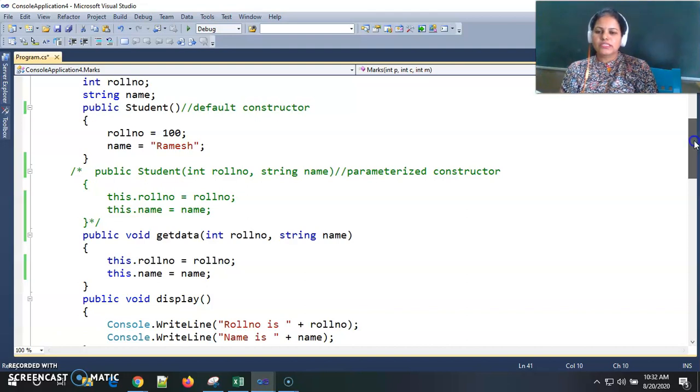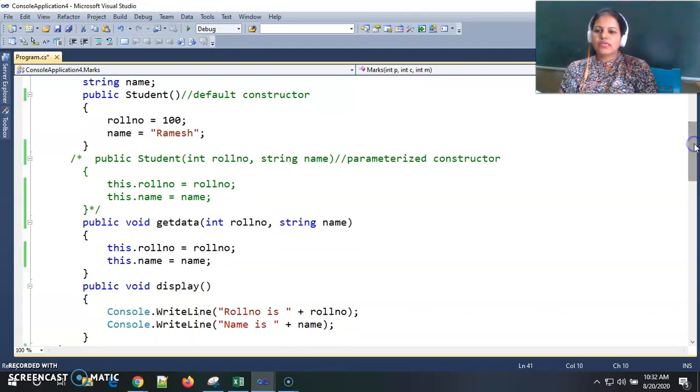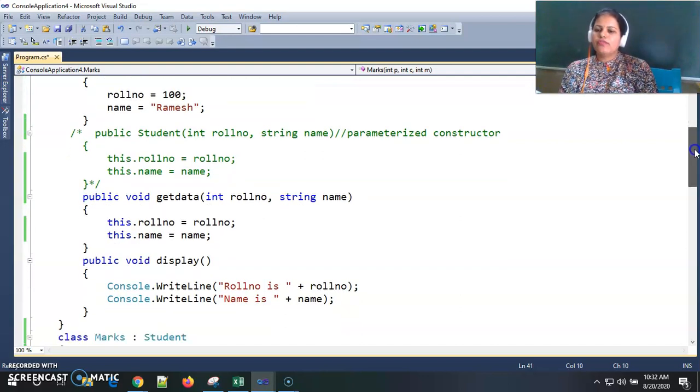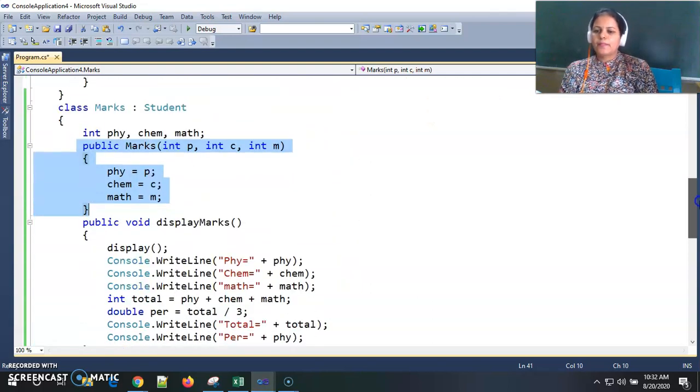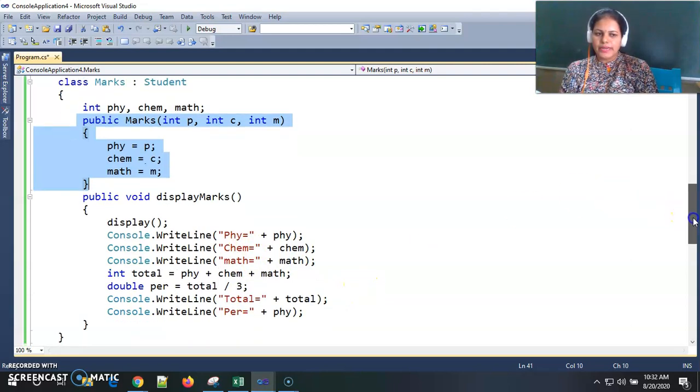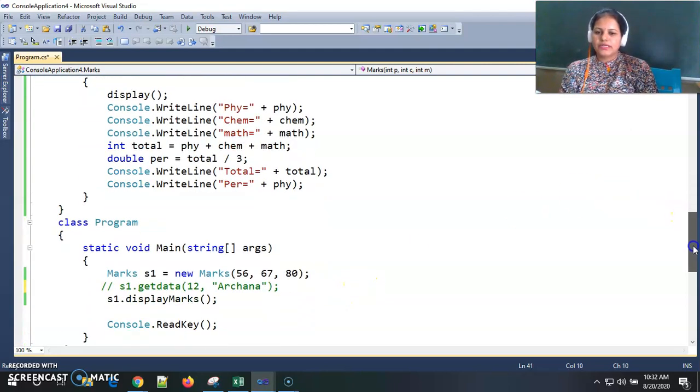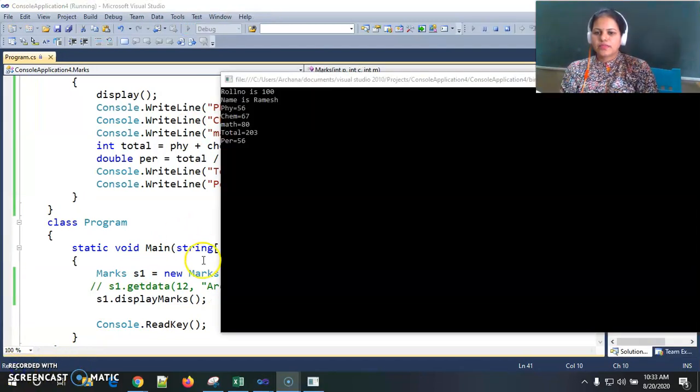So those default values will be displayed on screen, and then these physics, chemistry, maths marks will be displayed, their total and percentage. So we are not calling this get data method forcefully here, and see what is the output. See here, default values are